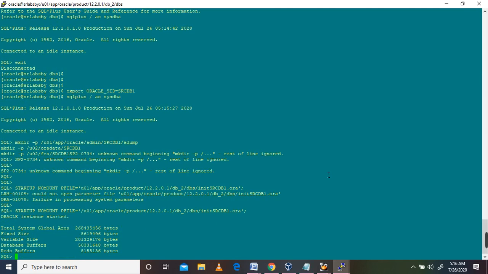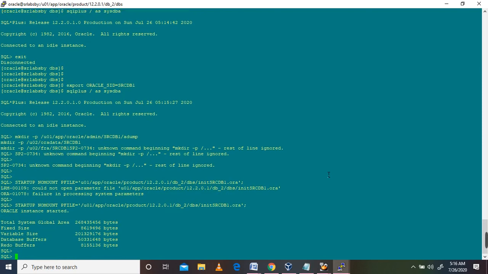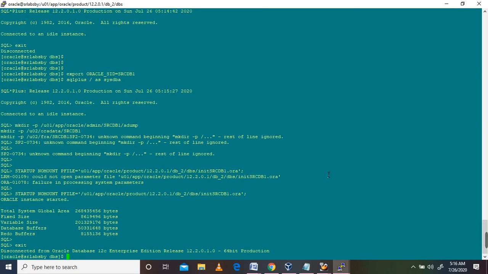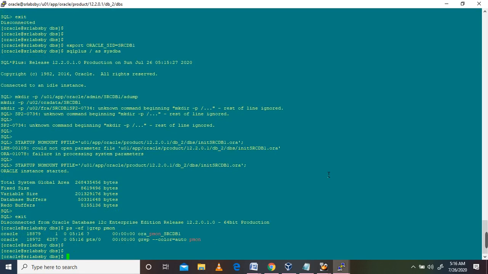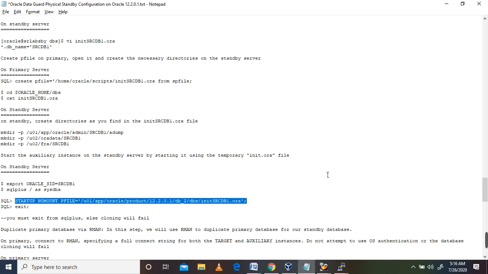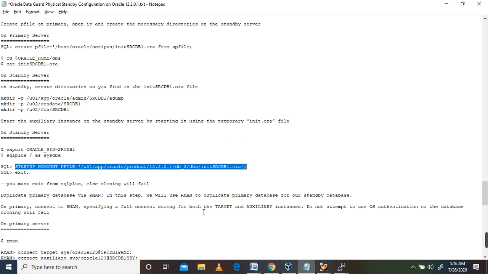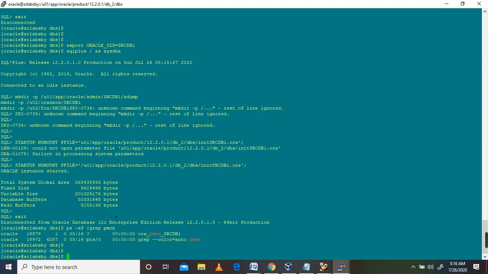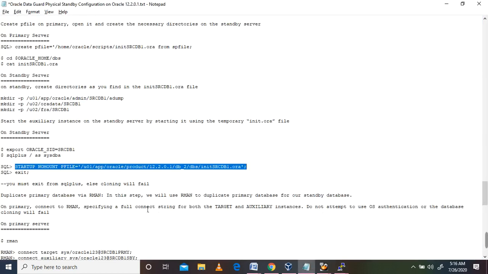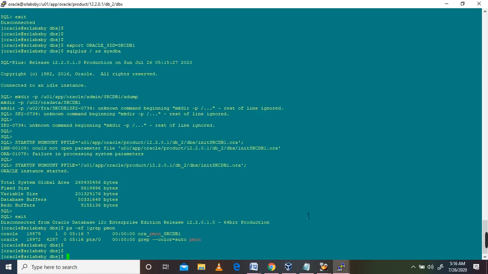I am starting up that instance and exit. Check that. So here it is, SRCDB1 running. So I have started with nomount with that temporarily created pfile. Okay. Then we need to exit from SQL*Plus. I have exited, and then we need to start that.